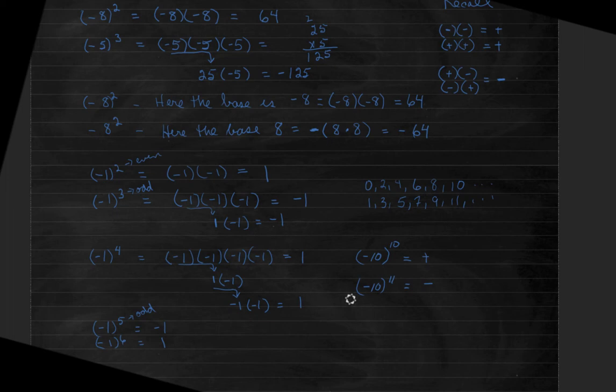Okay? These are actually very easy to evaluate because the power, the exponent, tells you how many zeros they contain. So this is simply a 1 with 11 zeros. 1, and then you count 11 zeros. 1, 2, 3, 4, 5, 6, 7, 8, 9, 10, 11. There you go. So here is my negative 10 raised to the 11th power. Okay, but that's only the case with a 10.